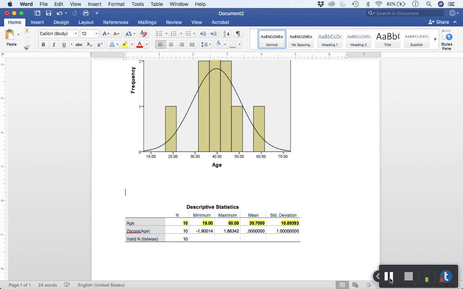So that should give you the basics for this week's homework assignment, which again, it's a nice review of the descriptive statistic commands that measure central tendency, and also looking at z-scores and how we can generate histograms. So have fun continuing to explore SPSS, and as always, please reach out if you have questions or